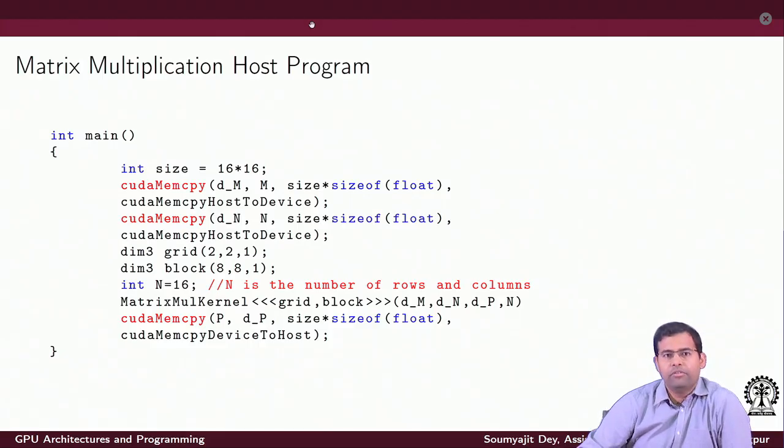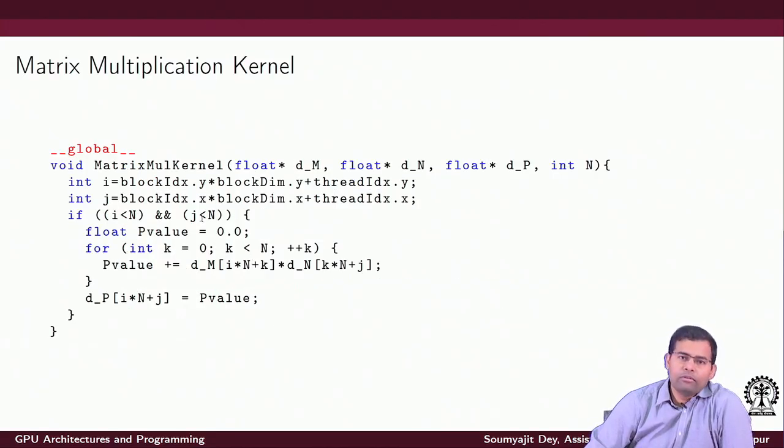It would simply be this 2 cross 2 cross 8 cross 8. So that would give me 64 cross 4. That's the number of threads that are getting launched here. So for each of these threads, the thread ID and the block ID variables will get their own specific values here, as we have learned earlier also.